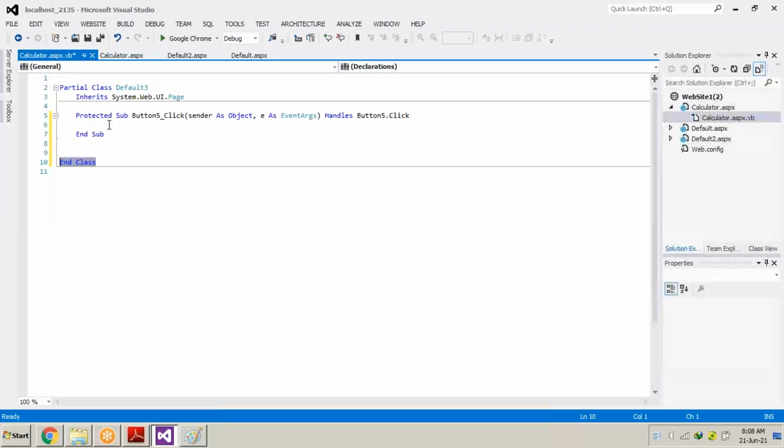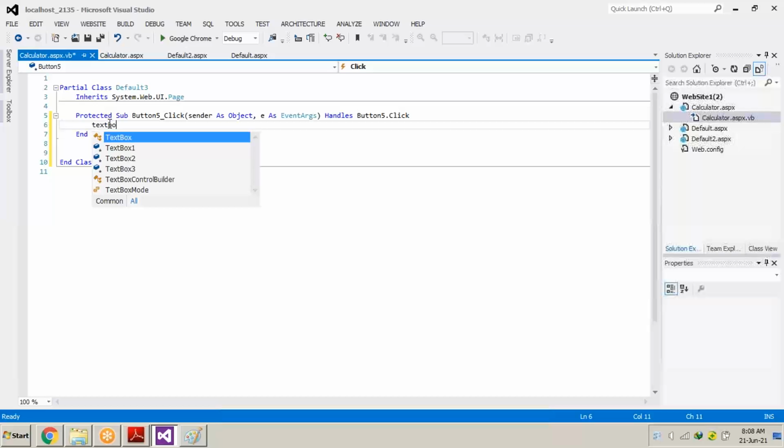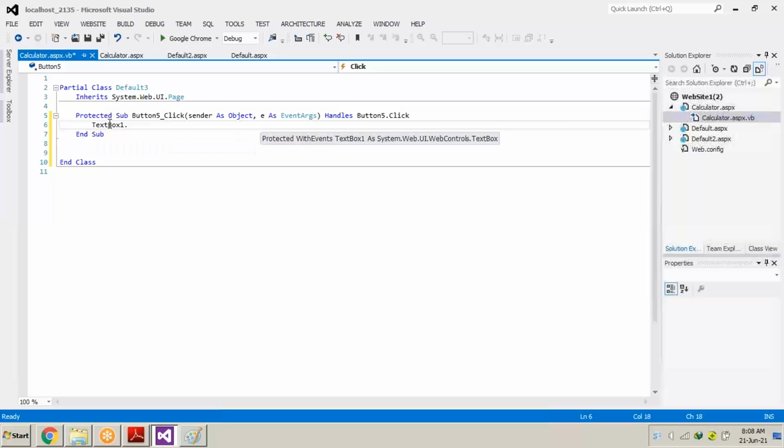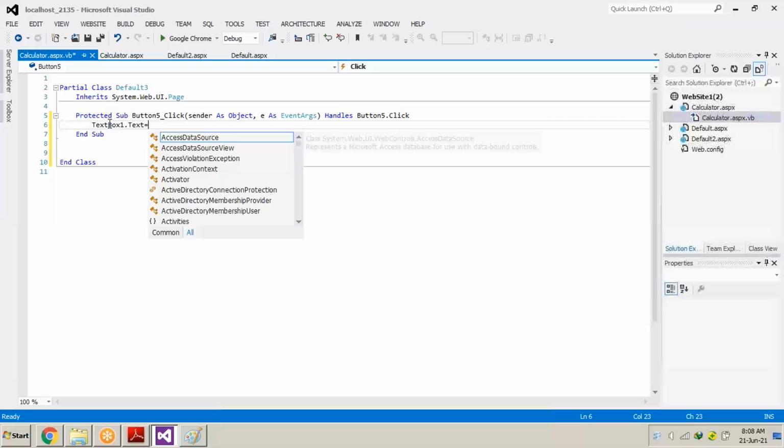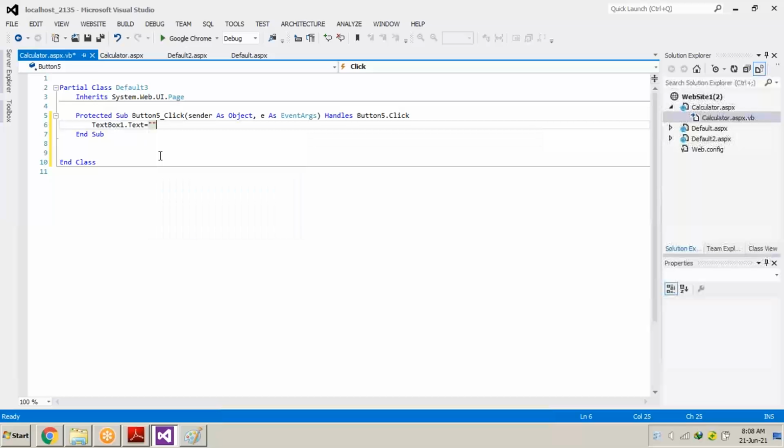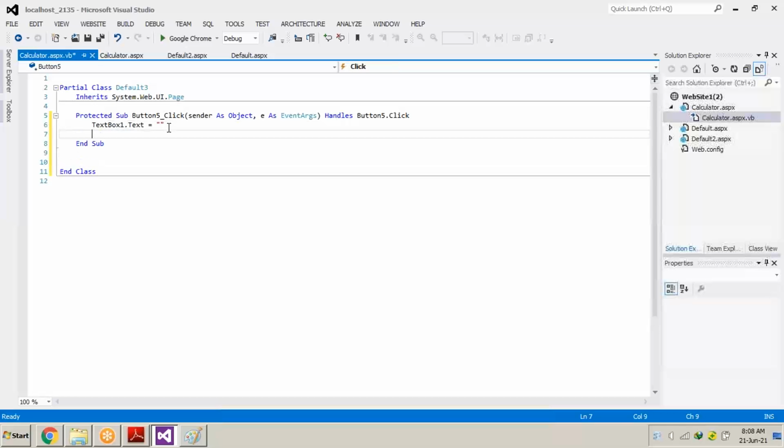So I'm writing very simple code. Now if we press this button, we have to write some code here. What should happen? Text box 1 should be clear, text box 2 should be clear, and text box 3 should be clear. The basic coding will be text box 1 dot text equals to double inverted comma. We will press enter, meaning if we press this button, all the 3 text boxes should be clear. So for all the 3 text boxes, we have to write the coding inside this button click event only.